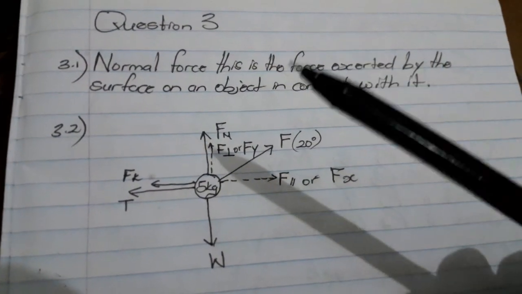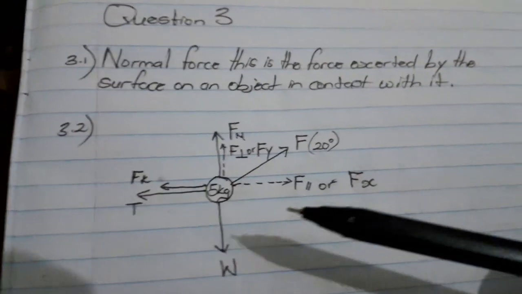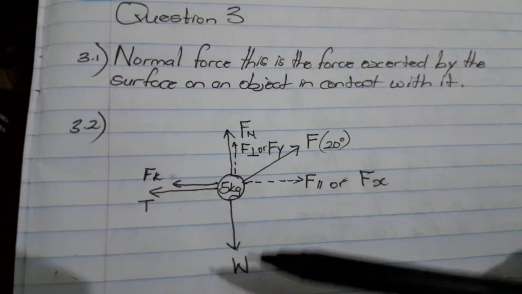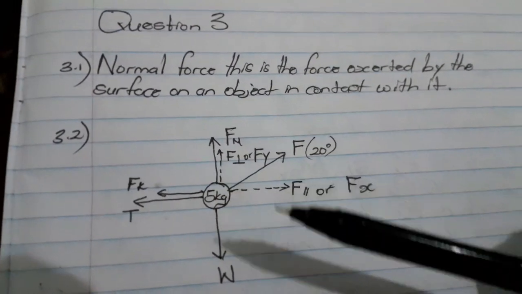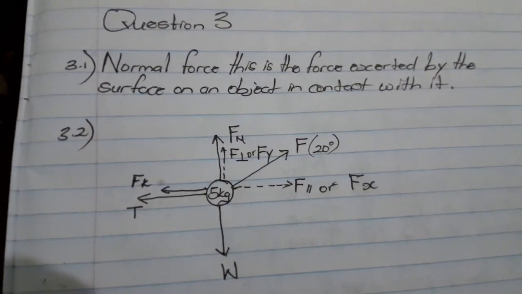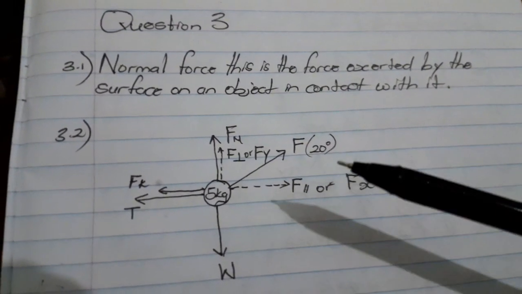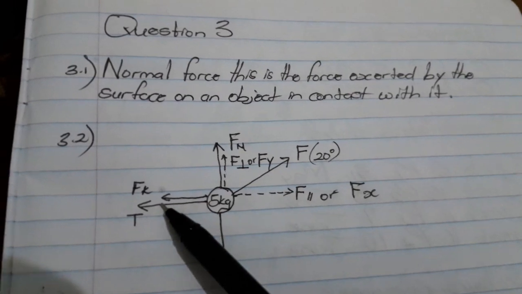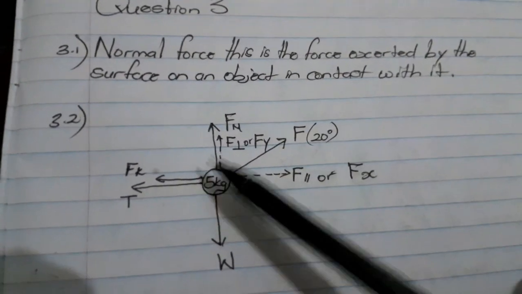Every object has a weight. How do we calculate weight? Weight is the mass of an object times gravity. Gravity is 9.8. It's constant. The gravity of the earth is 9.8, so everything is drawn to the earth at 9.8 meters per second squared. Then we have FF, which is our frictional force. You can just simply write F, but I like using FF,